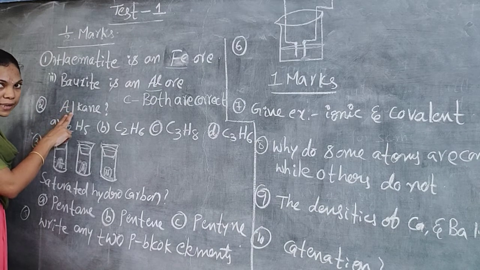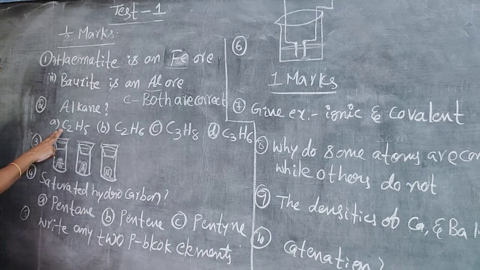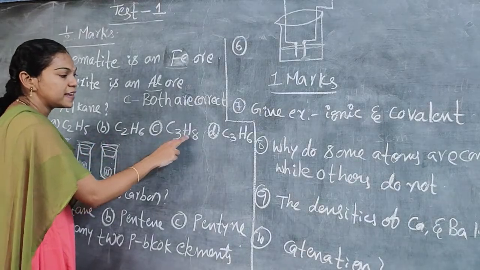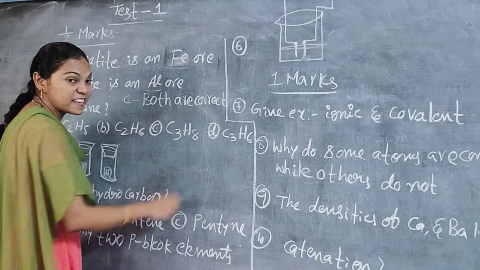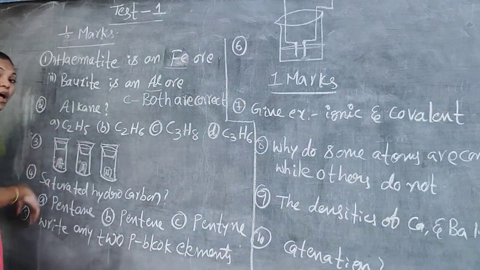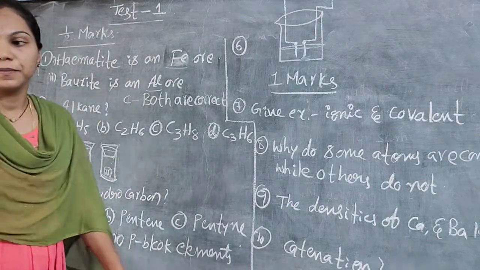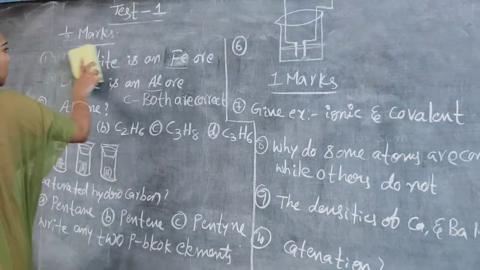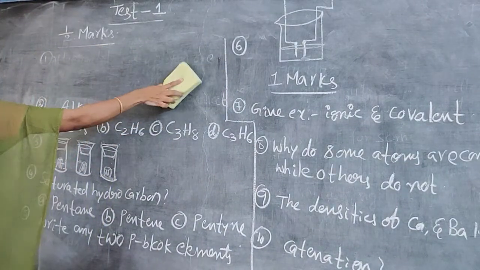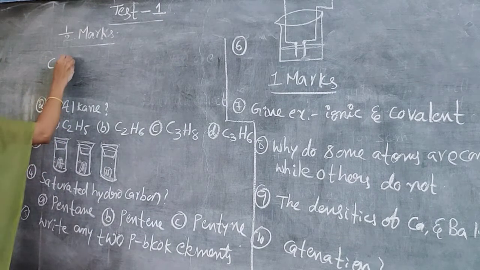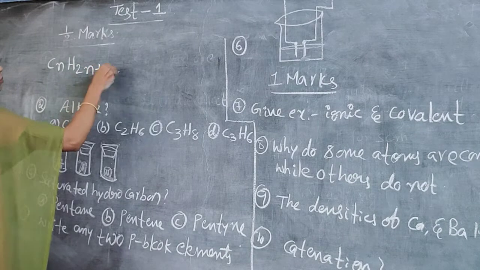Next question: in the following, which one is the alkane? They have given the formulas and we have to find the alkane. A, C2H5, B, C2H6, C, C3H8, D, C3H6. Out of these formulas, we have to find the alkane. We know the alkane general formula,